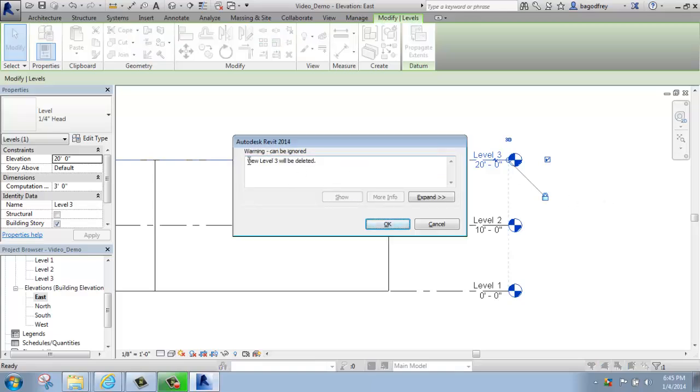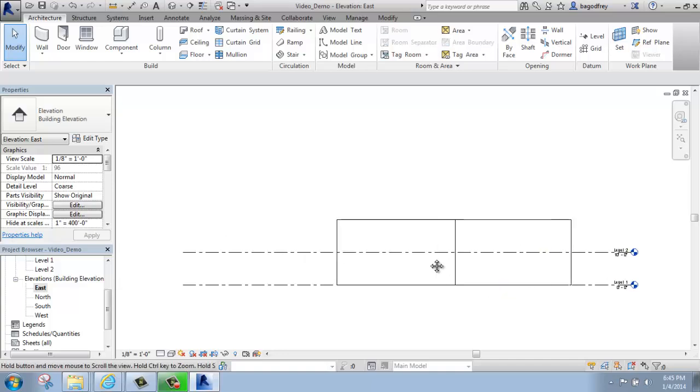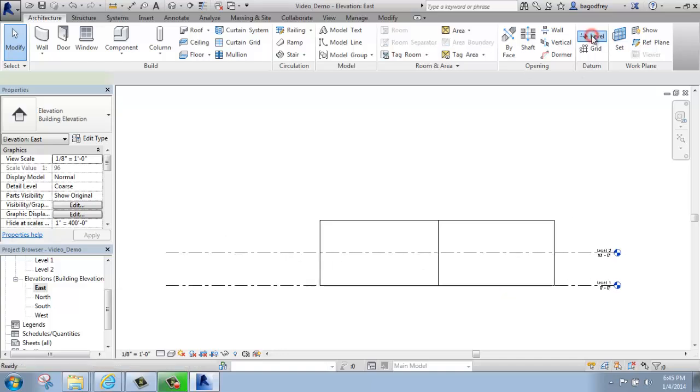When I hit delete, it will say view level 3 will be deleted. It's warning you that you're going to be getting rid of not only this level, but the floor plans and things that are going along with it. And right now I'm just going to say, okay, that's fine. So I'm going to come back in, put in level,